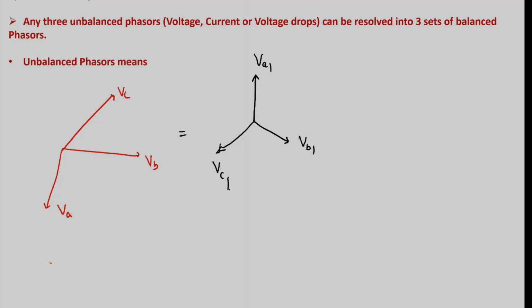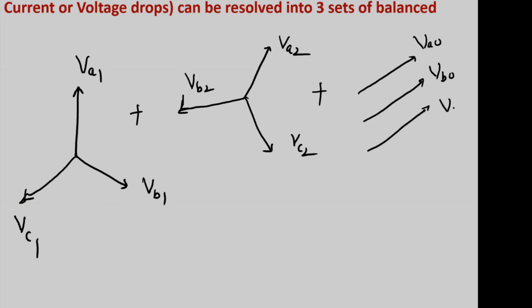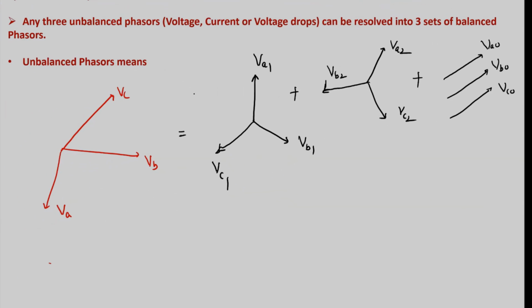One more set, VA2, VC2, VB2, plus VA0, VB0, VC0. Okay, so these three unbalanced phasors, I am writing as the sum of three sets